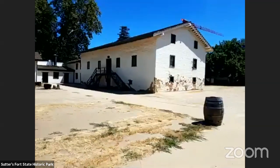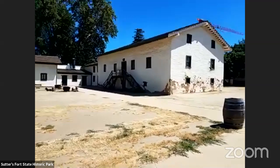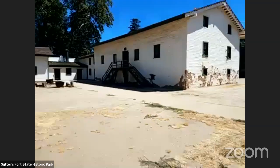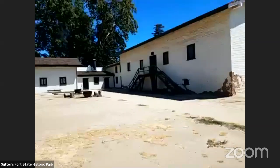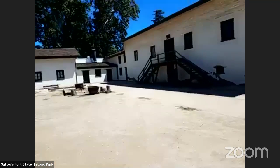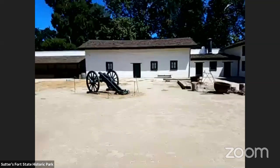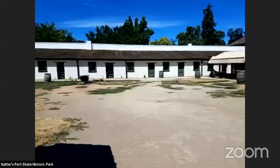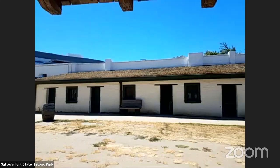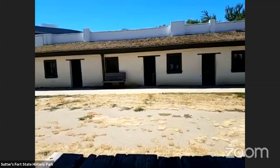And by 1860, the only building that remained was the central building. And it remained the only structure till the late 1880s, when the city was actually going to destroy what was left of Sutter's Fort to build houses here. Finally, Sacramento had expanded out this far from the river. But in 1890, the Native Sons of the Golden West, an early preservation group, purchased the central building and the 2 blocks of land to reconstruct the fort to what you see today. In 1895, the reconstruction was finished, and Sutter's Fort became a museum, and we've been a museum ever